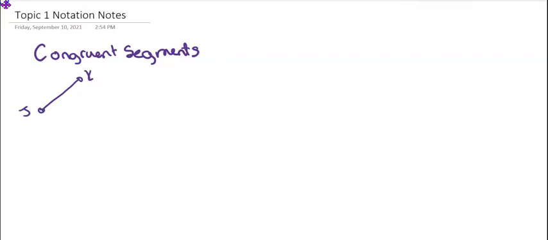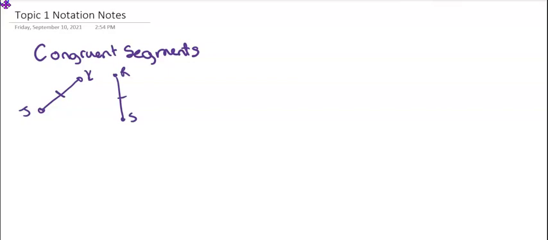So the notation we need to be able to talk about, first of all, is congruent angles. Sorry, not congruent angles. We're going to do congruent segments first. So you might want to write a title on your notes here: congruent segments. If you were looking at Agile Mind, they gave you the example of segment JK and segment RS. And they put a tick mark on each of them to indicate that they were congruent